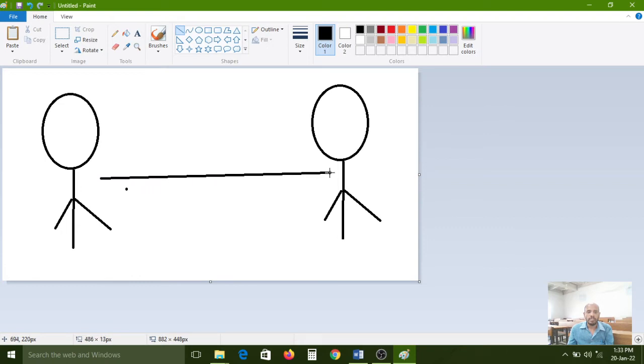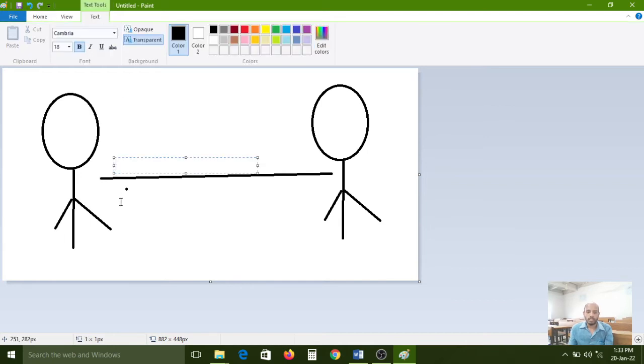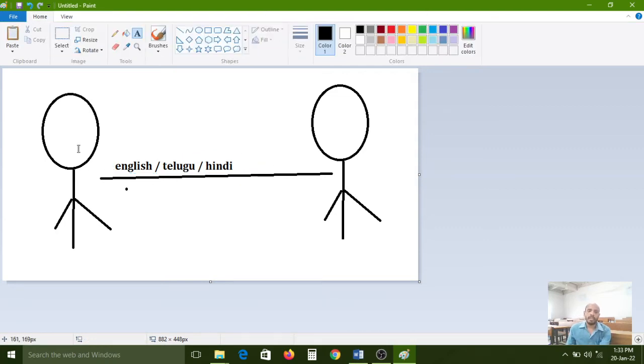So if you want to talk with your friend, you use any one of the languages, English or Telugu or Hindi or any local regional languages, to convey our message to our friend. Here the concept is, one person wants to talk with some other person. For that we use one communication language. It may be English, Telugu, Hindi, Urdu, whatever regional languages we use in our local place.